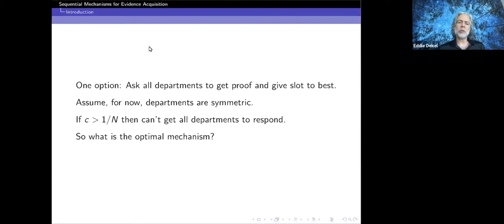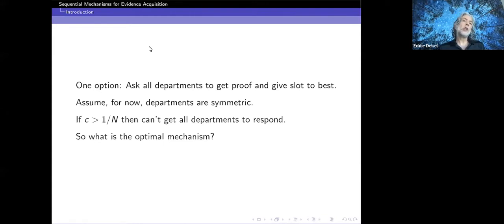So assuming the symmetric situation, if the cost they face is bigger than 1 over n, then we can't get them to respond. I should say here the value to the department of getting the slot is being normalized to 1. Okay, so for the department, if they get the slot, it's worth 1 to them. For the dean, it's worth V_i if it's department i. So if the cost is greater than 1 over n, the chance of getting the slot is, since everything's symmetric, 1 over n. They're not going to invest in